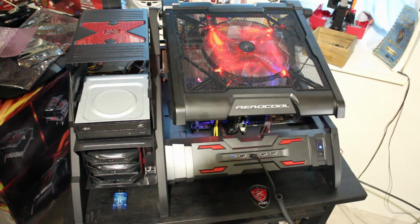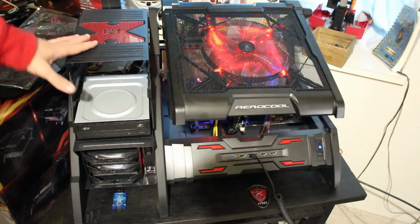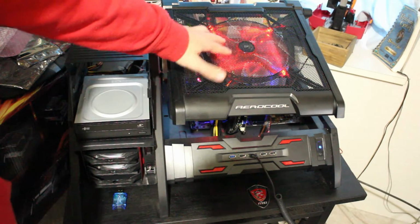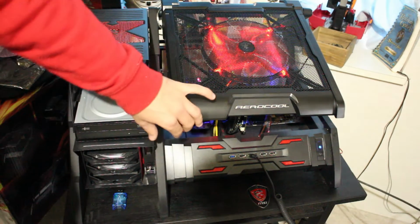Let's look at the case itself now and what you get when you unbox this case and set it up. This case is pretty much touted as being a hybrid test bench personal ATX case kind of thing, and honestly it does fit the bill. I love this case simply because this fan here actually does a really good job of cooling. The first point I'll make is that this 20cm fan here on top actually cools all your components really well,